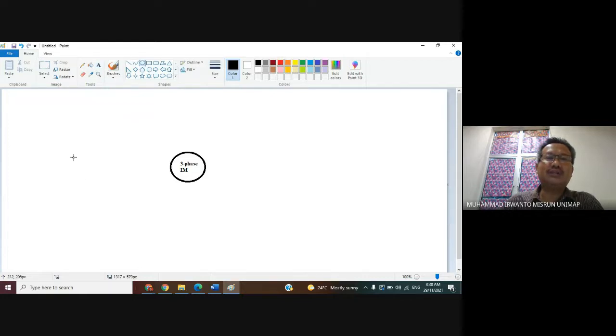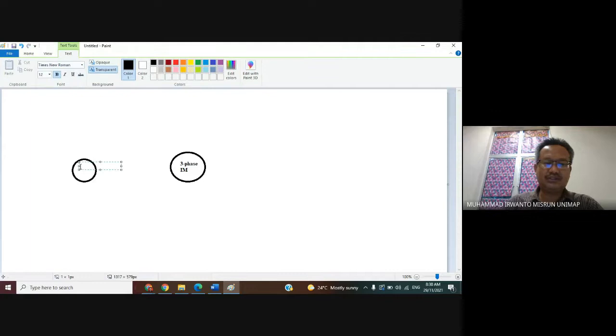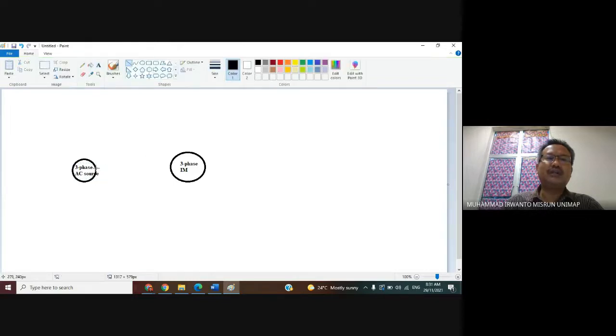So I draw here a three-phase AC source and write three-phase AC source. And then we connect it to the three-phase induction motor. Meaning this one is three-phase.